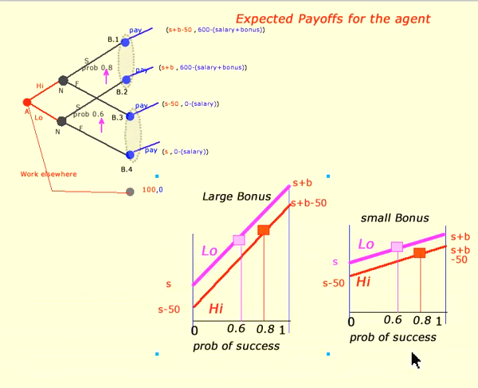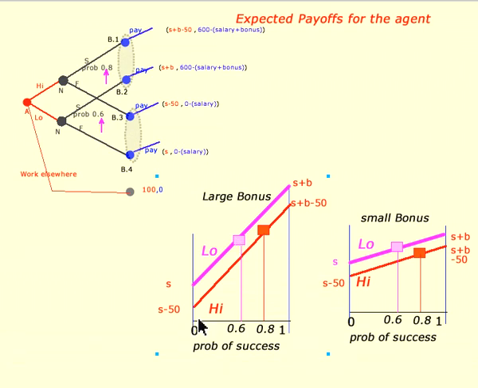Well, to make the bonus larger basically tilts these curves up. It keeps the same distance between them because that's the cost of effort, but it tilts these curves up. So if you exert low effort, you get your salary in case of a failure, that is, if the probability of success is 0, so it's a certainty you're going to fail, then your expected payoff is S. If it's a success, your expected payoff is a salary plus bonus, which is now pretty big. And then with the probability 0.6, which is the chance of success given you've put in low effort, the expected payoff is the height there.